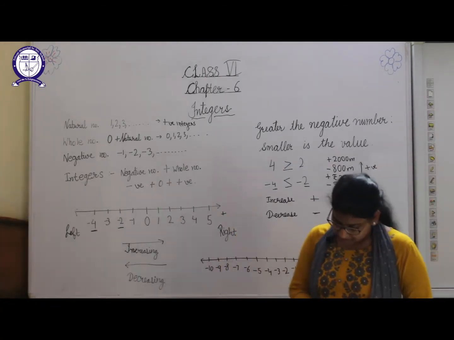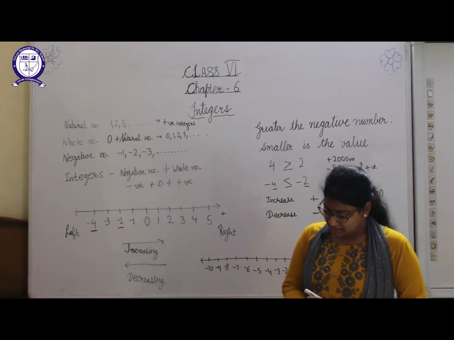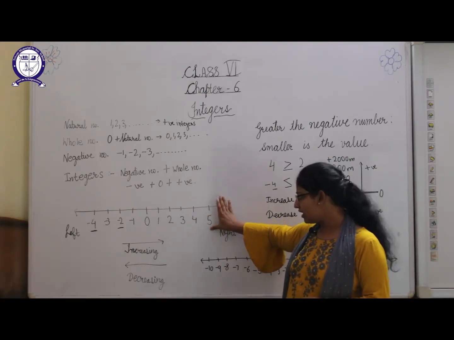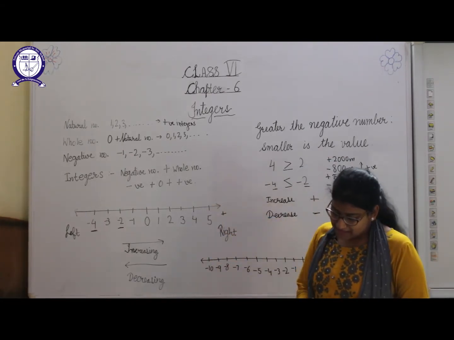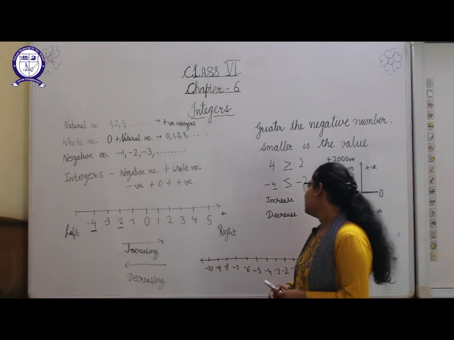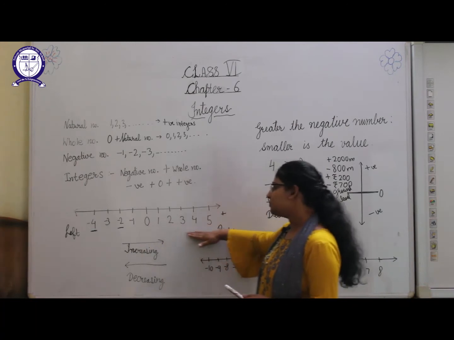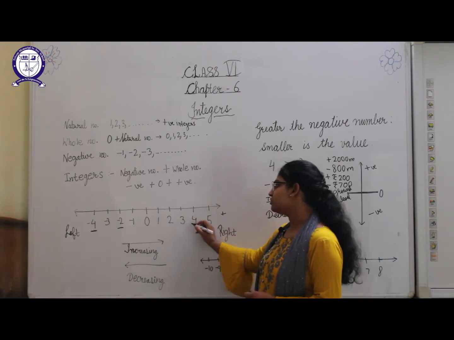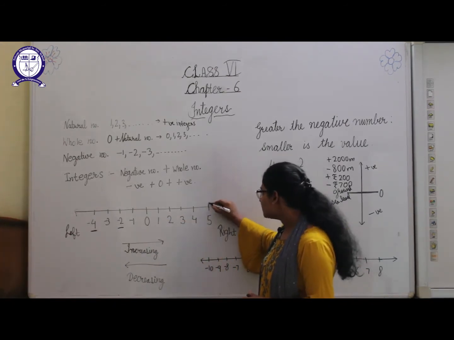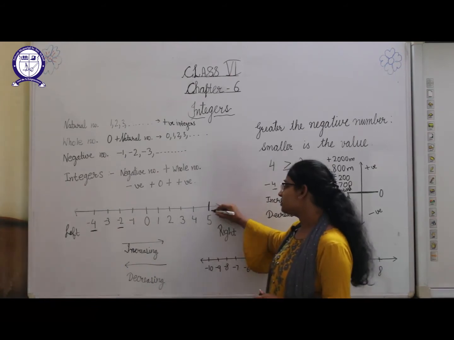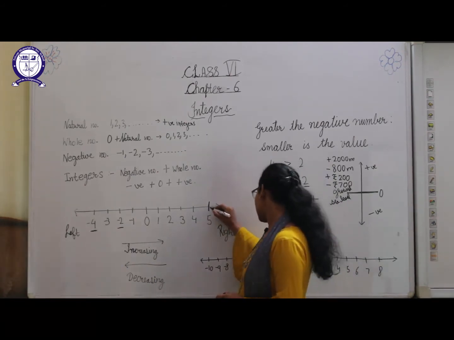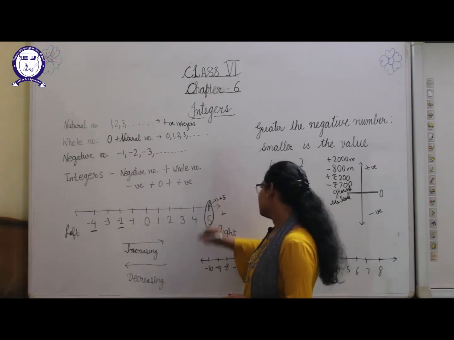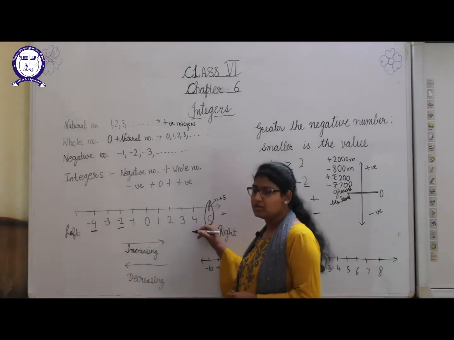Now the third question is: represent the following numbers on a number line. Certain parts are given to you, you have to represent them on the number line. This is the number line here. First part is plus 5, meaning positive 5. On this number line, this is 0, these are the positive integers. This is positive 1, positive 2, positive 3, positive 4 and positive 5. So we will represent it like this, this is positive 5. Or you can circle it to represent that plus 5 is this on the number line.